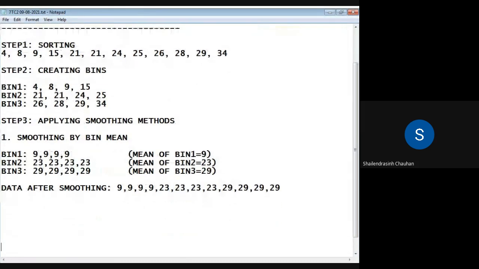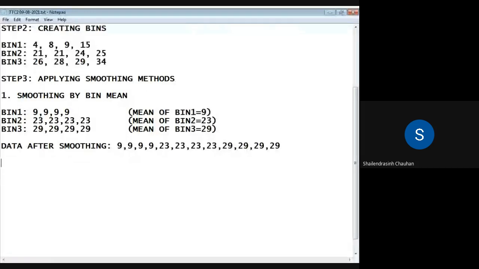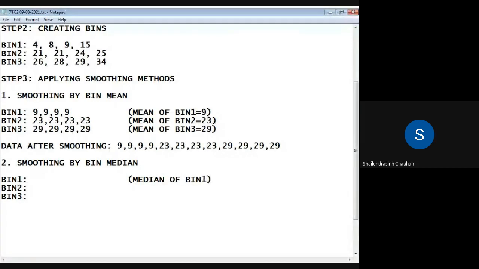Now the second method, second technique: smoothing by bin median, in which we are going to find out the median value of each bin. Median is nothing but the central value of that bin.